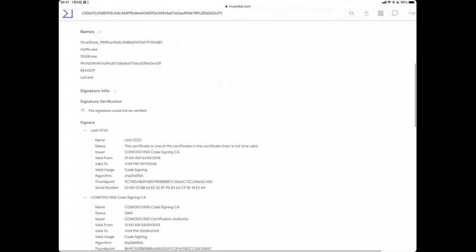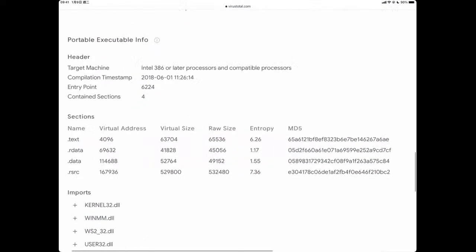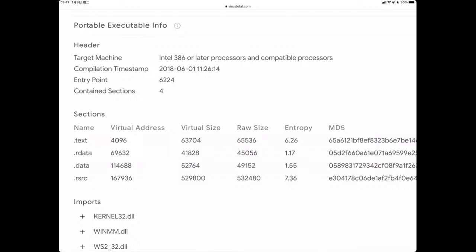Okay, let's continue. After signature, there is some PE file information. You have to remember that PE stands for portable executable. There is some information that can be extracted from PE headers, for example, target machine. We have talked about machine last week. There is a specific field in the PE file, and there is a mapping table provided by Microsoft, so the number of this machine field, you can check it out in Microsoft's table.